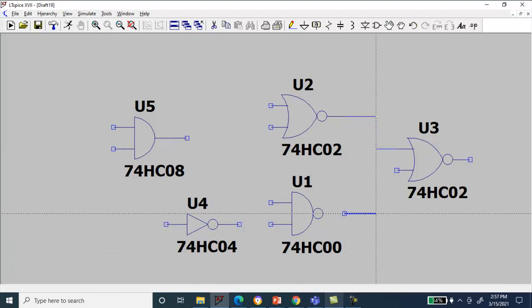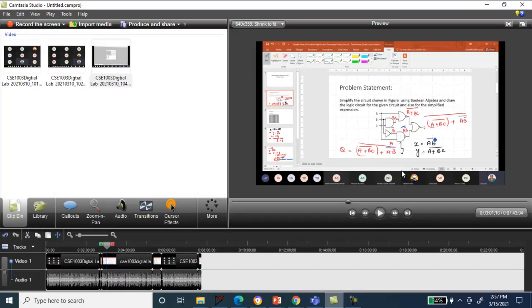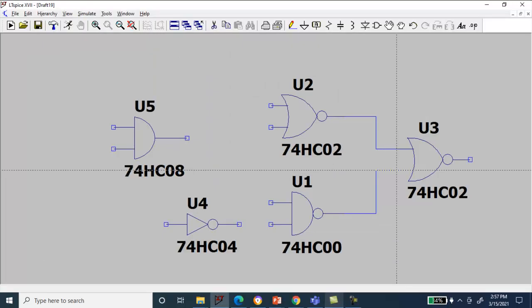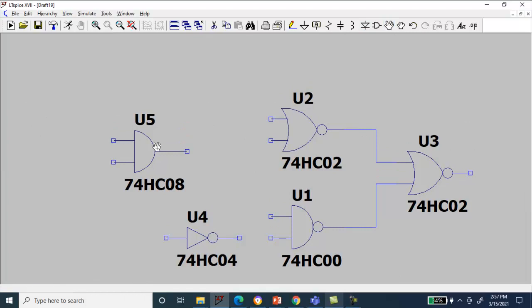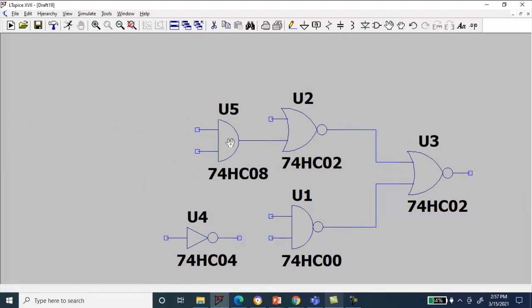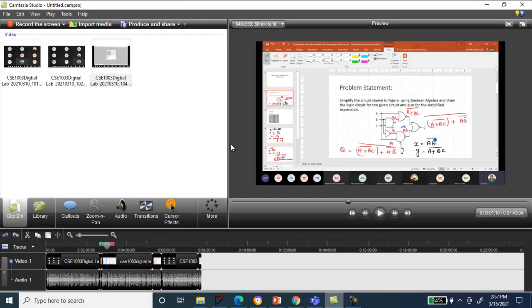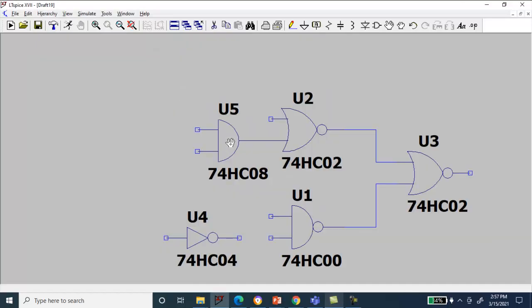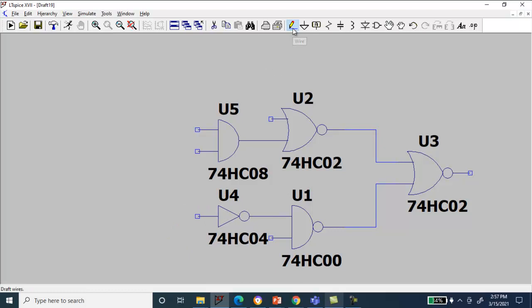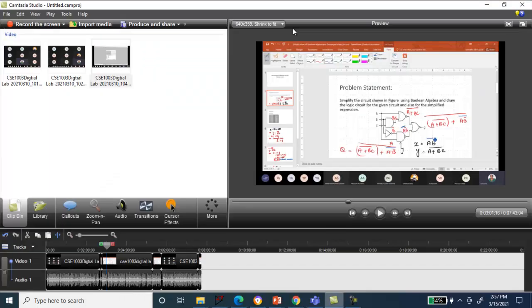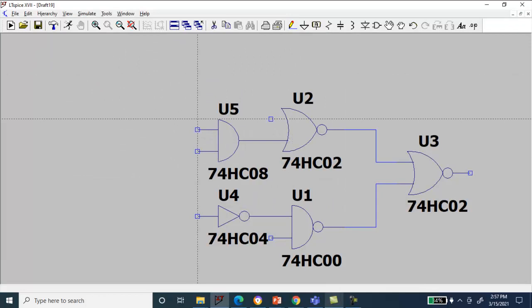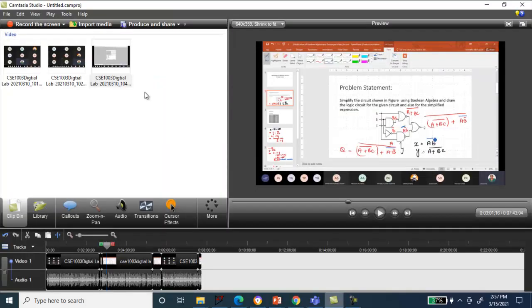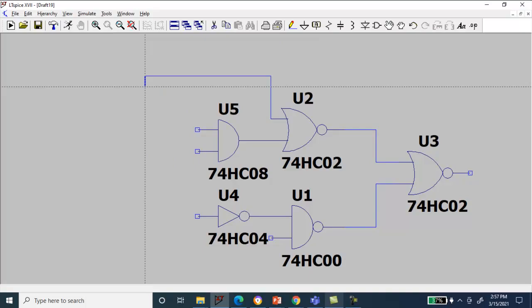Okay, yeah, and then one input is A. For the AND gate, it's not NAND, for the AND gate, output should be connected to the second input, and then A, B, C, and this is A bar, and this has to be connected here, and this A has to be connected to the bottom line of